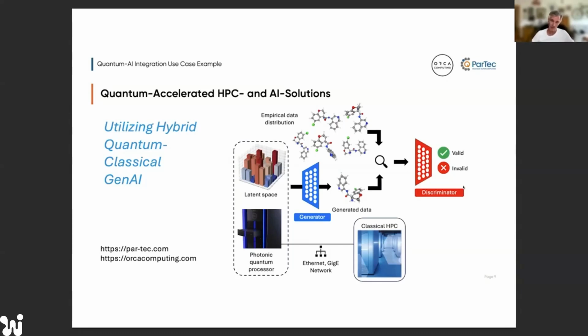And what they saw in this use case was that the result of the conformers in the low energy area was a little bit better than the results with a classical lattice space coming from a classical resource. It is not a sign of quantum advantage, but I think it is a good direction. Using really some very simple thing from quantum, bring that into a hybrid workflow for HPC and AI solutions.